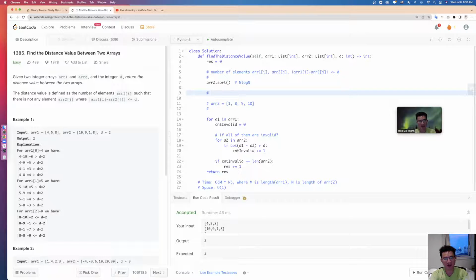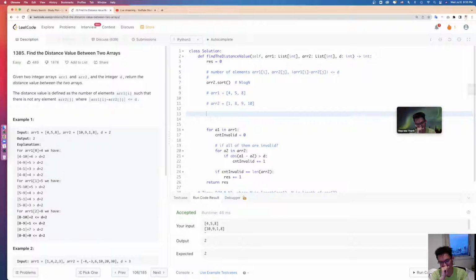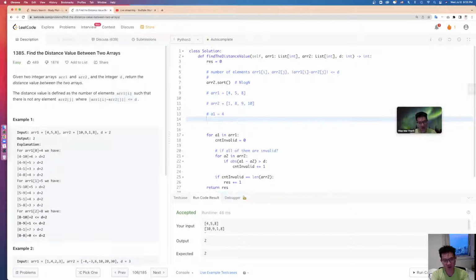Then we have each element in array 1, like 4, 5, 8. So how can we know that all elements in array 2 are invalid? How can we binary search? I think we need to binary search 2 times. Let a1 equal to 4. Then we need to check if